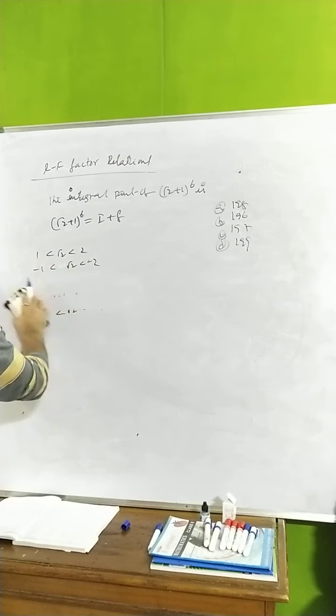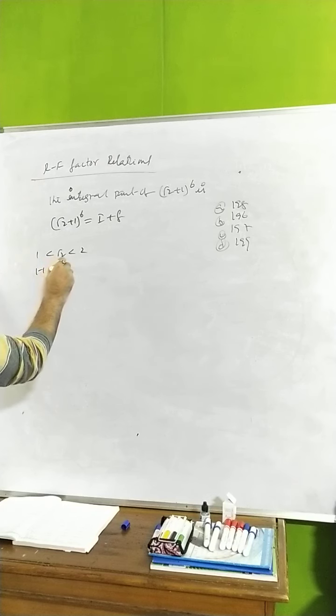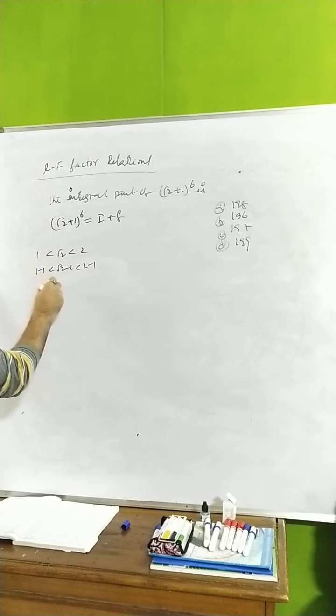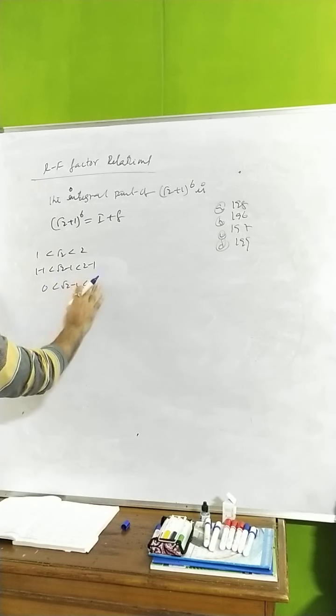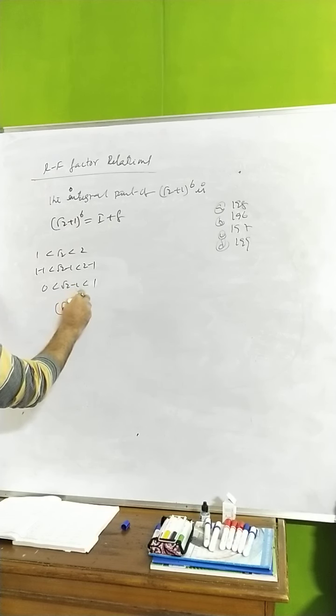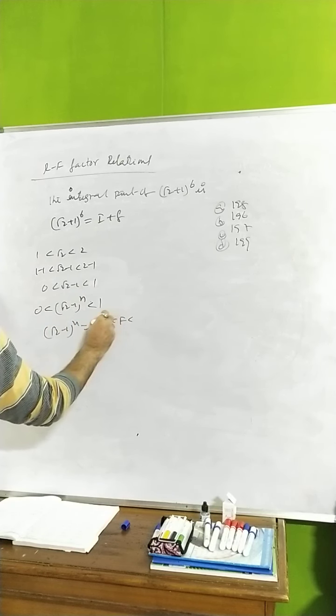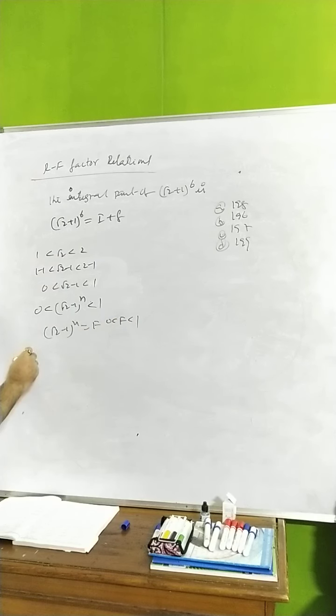Rather than writing this many steps, simply you can say that here if you subtract 1, 1 minus 1 less than √2 minus 1 less than 2 minus 1, also you can say √2 minus 1 less than, this is 1. So (√2 − 1)^n also lies between 0 and 1. So (√2 − 1)^n you can take capital F, where capital F lies between 0 and 1. What I am doing here, you see I plus f plus capital F.